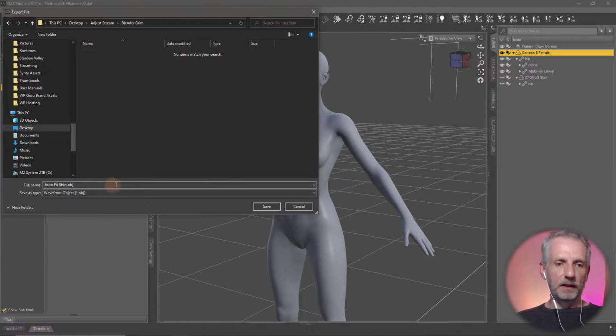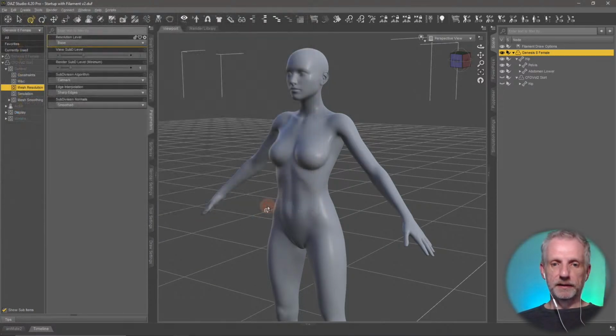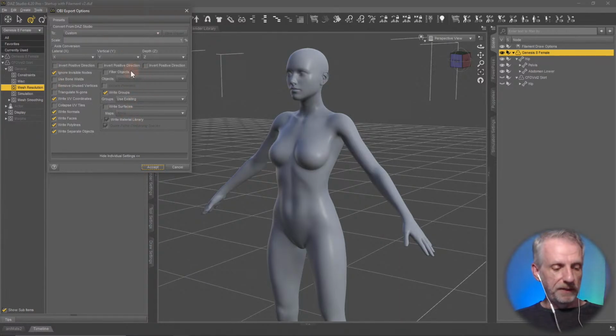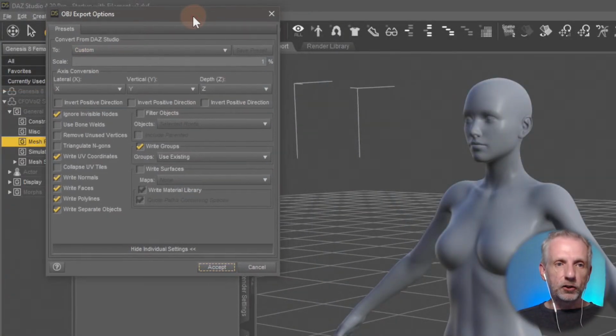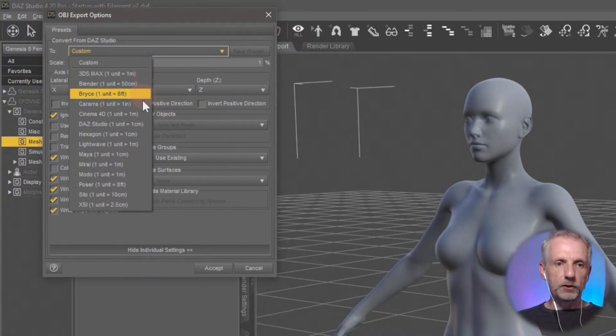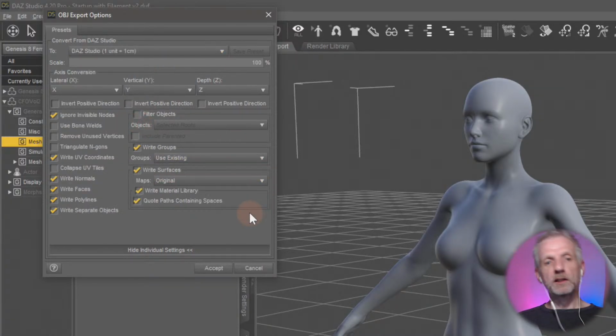And in here, I'm just going to go and call that Genesis 8 Female. That's it. You can call it a pose if you wanted to reuse it, but that's basically it. Do that. Then this menu comes up, and I suggest you use Daz Studio, and you can literally leave